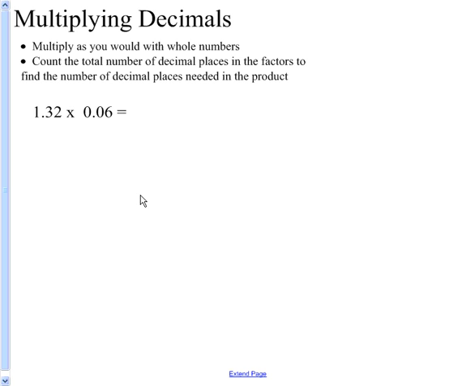In this video, you'll see how to multiply with decimals. And when you multiply with decimals, you want to multiply as you normally would with whole numbers. The only difference is you're going to count the total number of decimal places in each of the factors, and you use that number to find the number of decimal places you need in your final product. So in this example,